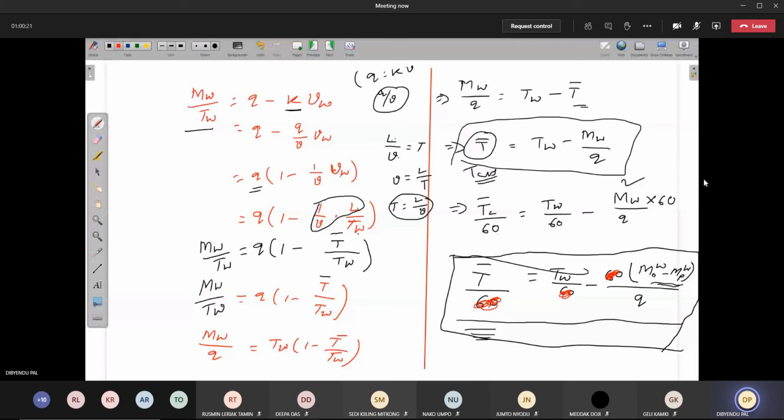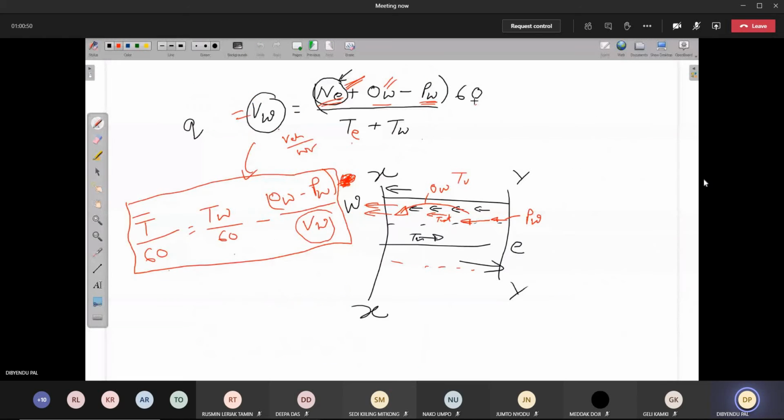Once you come to this equation, number of vehicles divided by flow means number per minute. So the number gets cancelled and you get minute. So here you don't need to write this 60. You need not multiply or divide by 60 here, because this equation is now in terms of minute only. In this case we have written the flow in terms of number of vehicles per minute, so no need to multiply here. But in this case, we have just multiplied this by 60, meaning we have converted it into vehicles per hour. To match this unit, I have just divided this by 60. Here 60 multiplication is not required.